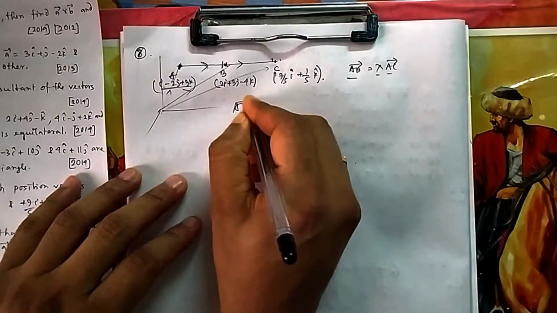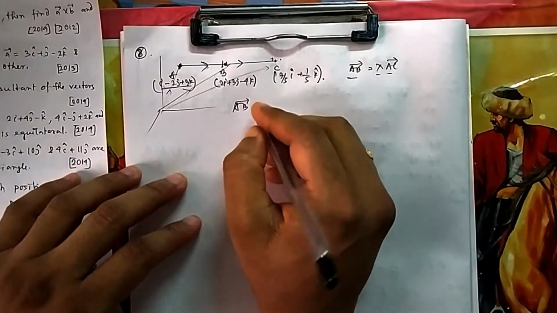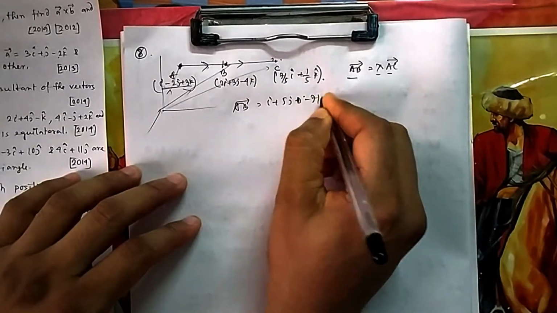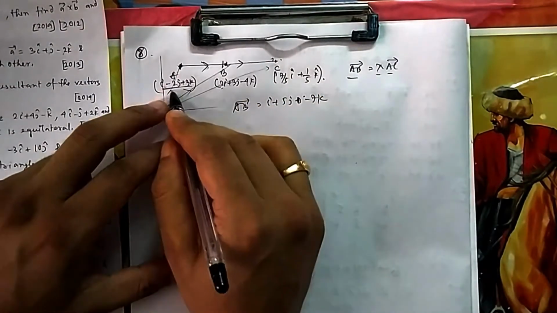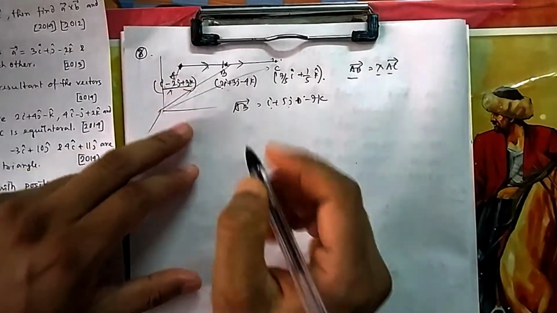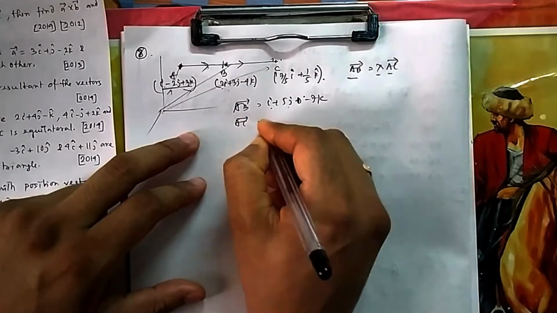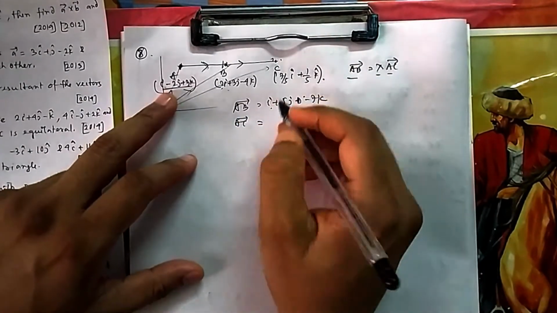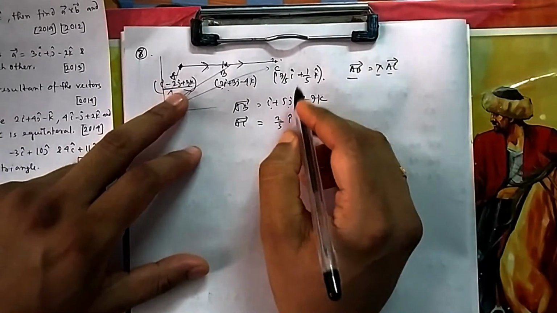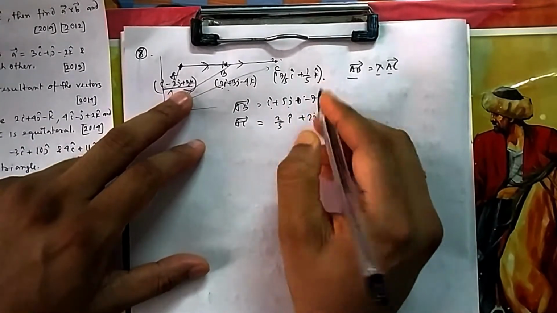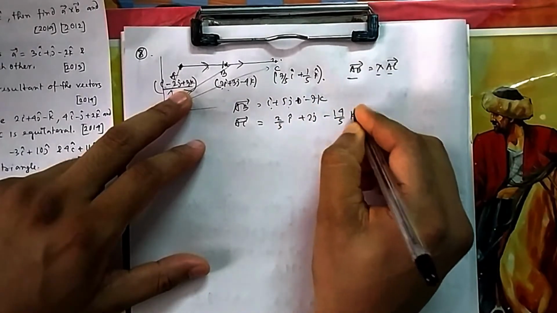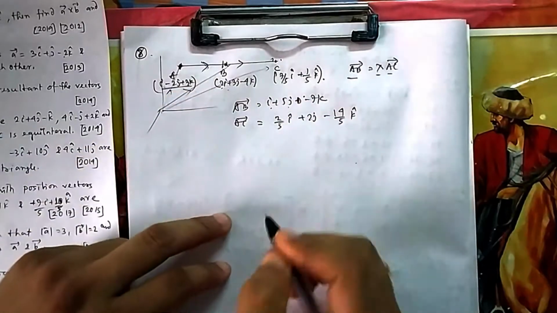So if I calculate your AB vector, this minus this, it is i plus 5j minus 7k. This minus this: 2 minus 1 is 1, 3 plus 2 is 5, minus 4 minus 3 is minus 7. And you calculate your AC: 7 by 5 minus 1 is 2 by 5 i, then plus 2j, then 1 by 5 minus 3 is minus 14 by 5 k. You can find 1 by 5 minus 3, do it, you will find it.